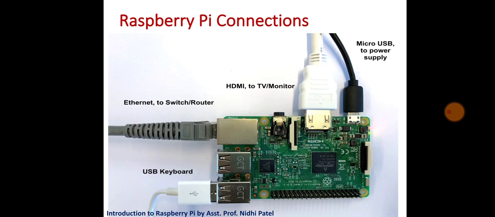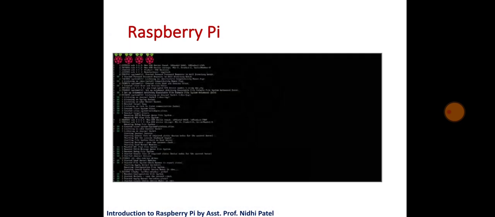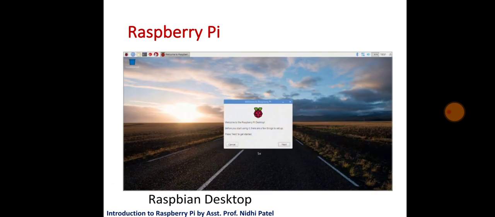So this is how it looks when you do the connections. On the right top corner, you can see two LEDs. The red LED shows that Raspberry Pi is getting power, and the green LED shows that it is connected to the network. You can see there is the cable connected to the Ethernet port. Once the Raspberry Pi is getting power, it will switch on automatically as there is no on-off switch on Raspberry Pi. As Raspberry Pi is switched on, you'll get the boot message shown in the figure, and finally you'll see the desktop, the Raspbian desktop.